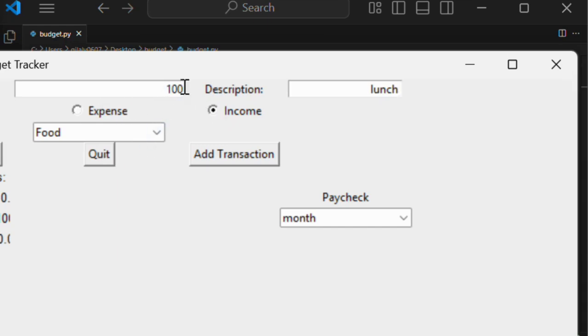And for income, let's see our incomes. Let's say 1,000. All right. We add transaction, and then our total balance will be $900. And let's say the month is April. So we have $900 left after our $100 lunch break. And after we're done with the calculator, we press